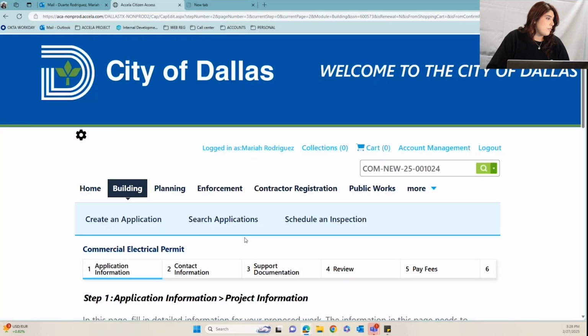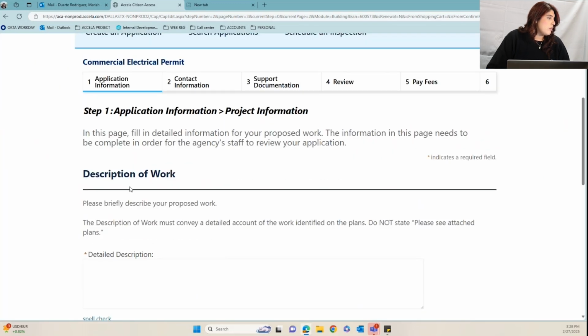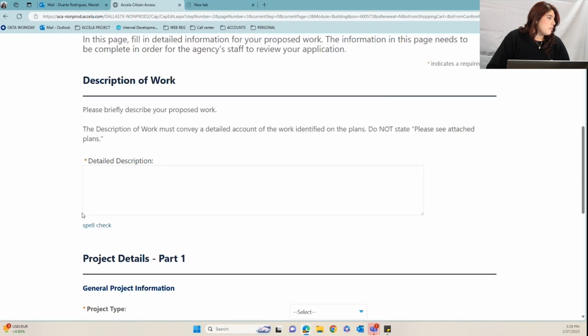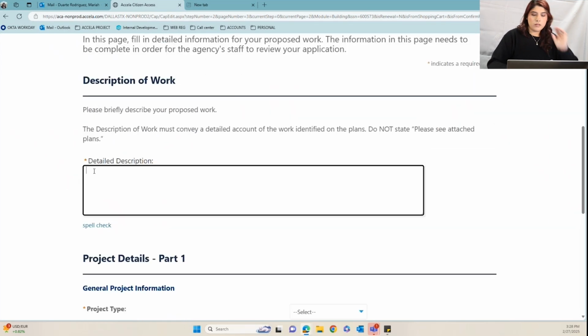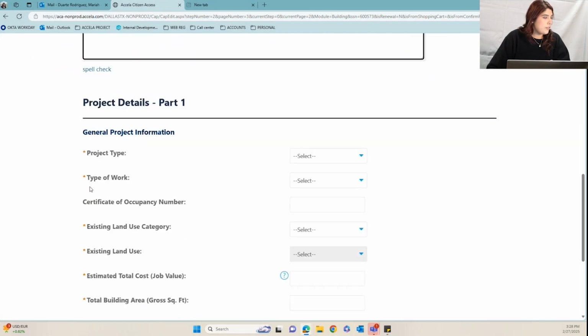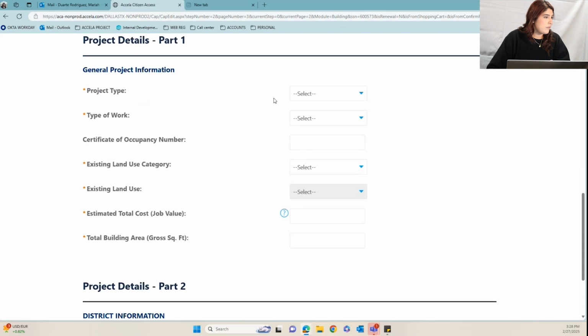The following is the application information. So here for the electrical, we're going to go ahead and input the electrical scope of work. The following is the general project information. Here you have project type, type of work,